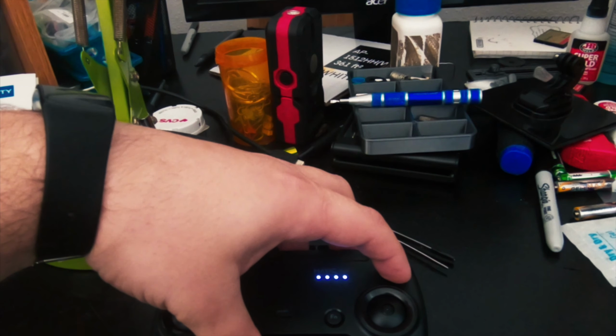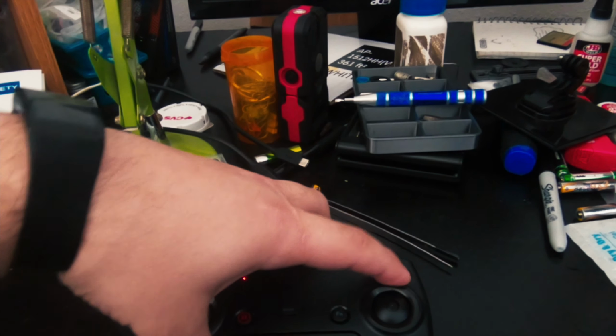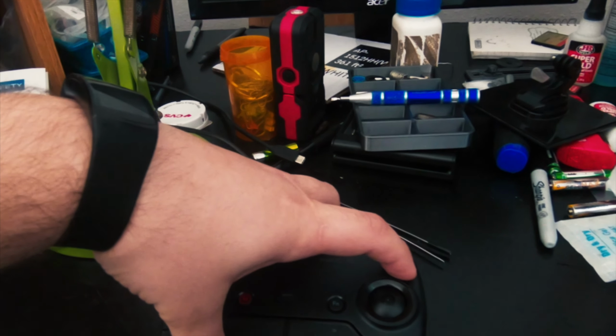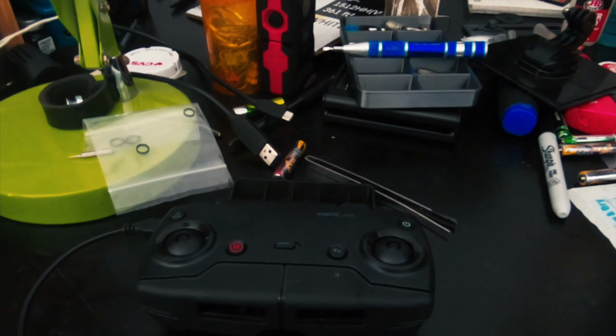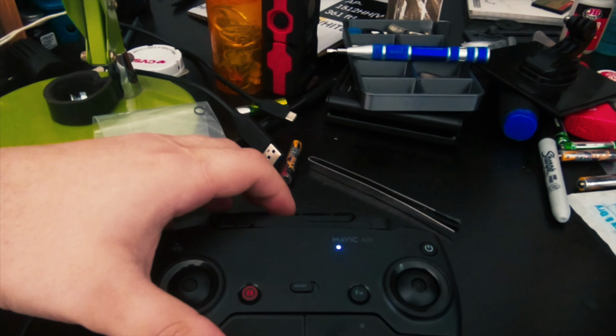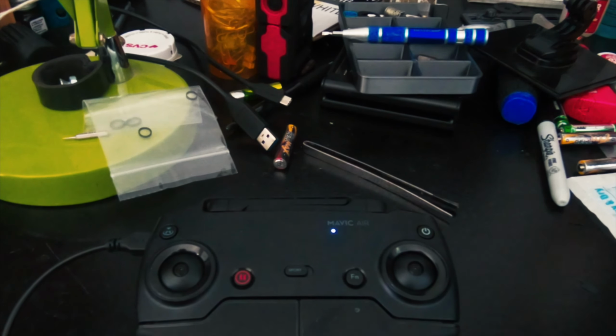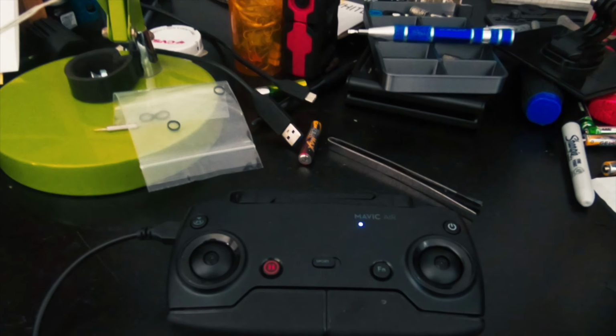If I start it up, it just beeps the low battery warning. And when I plug it in, let's make sure I plug it in right. When I plug it in, it does this whole sequence of just rapid blinking. It does this the whole entire day, whole entire night, no matter what cable I use,